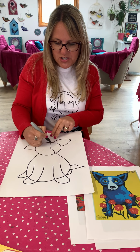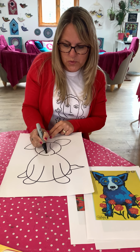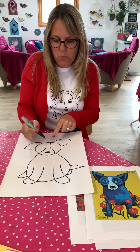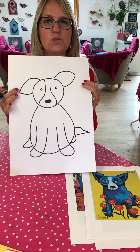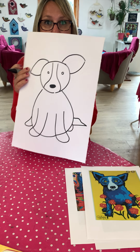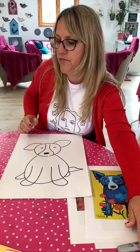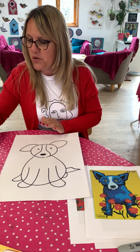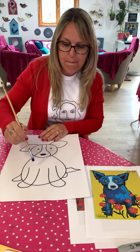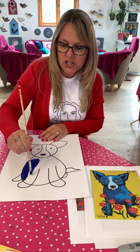And then what you're going to do is just put in that muzzle where his nose sits, where that's going to be white, and a couple of eyes. So you've got a basic sort of dog shape that you can now start to paint. And again, I'm going to try and do this upside down. So for the paint, you need blue, a nice royal blue if you've got it, a bit of black and some white. So you're going to start off by painting in your dog with the blue paint,